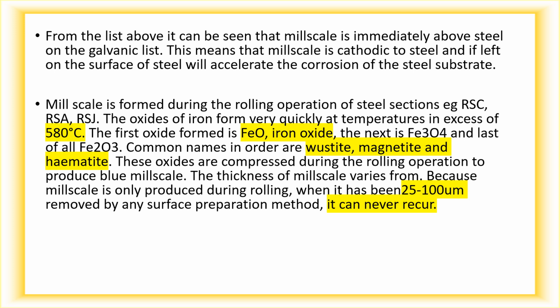These oxides are compressed during the rolling operation to produce blue mill scale. The thickness of the mill scale varies from 25 to 100 microns, and it can be removed by any surface preparation method, and mill scale will not reoccur. So with this corrosion